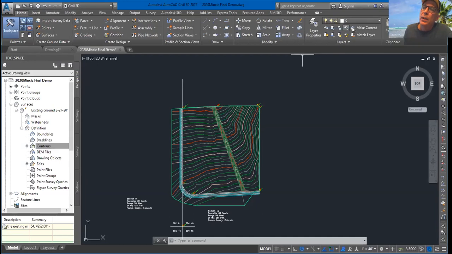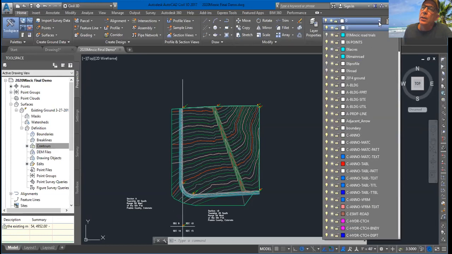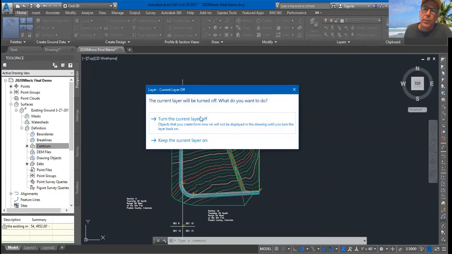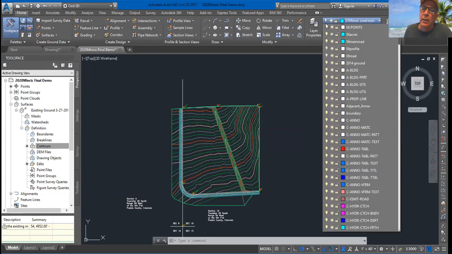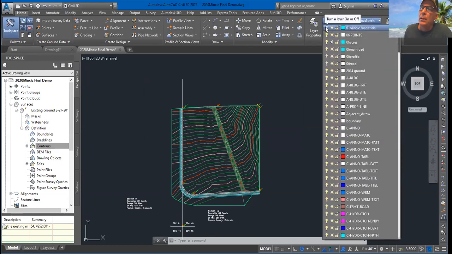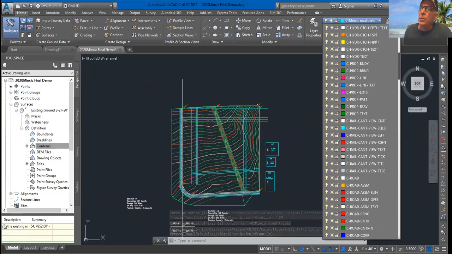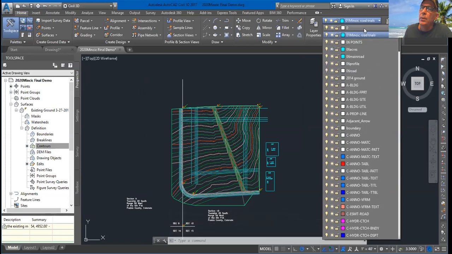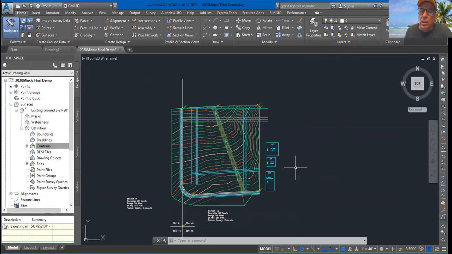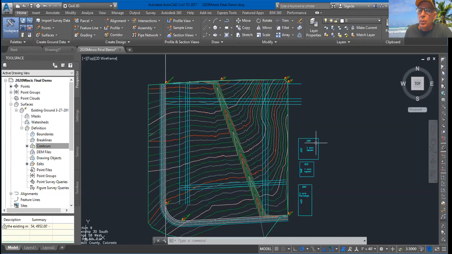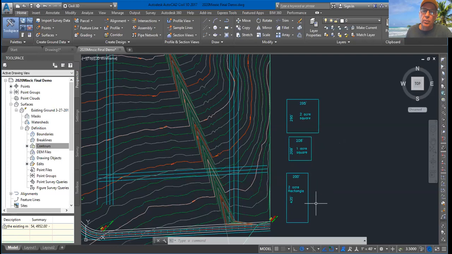So I'm going to navigate up here into my layers, and I've created a layer over here called 01 Road Trials, and I'm going to click and open that. And let's see here, I need to turn that layer on. I currently have that layer frozen, and I am going to turn it on, and I am going to come up here. I want to actually be working in the 0 layer, but you'll notice right here that some lot lines have shown up here. What I have done over here on the right-hand side is given you some spatial relationship